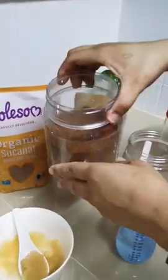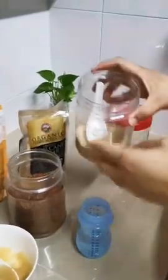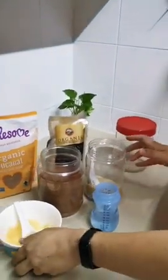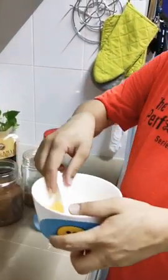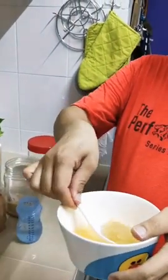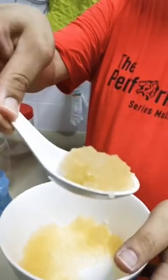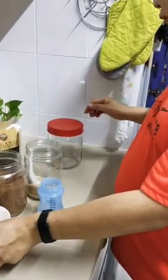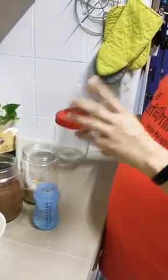It's a bit brown, right? And then for the raw cane sugar, when you pour it out, it looks like this. It's a bit white. The main ingredient for the water kefir drink is the water kefir grains. So to start this fermentation process, first make sure